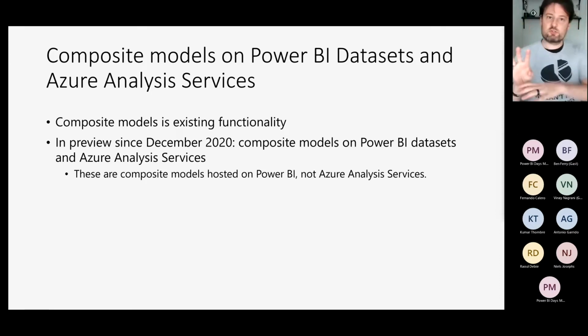You take data from one source, you add data from another source, you relate them together. That's where you create magic and actual insight, which you couldn't get from either source. But only when you get them together, you have a composite, you have more value. That's where you created a composite model. And you could have done that already. However, the moment you connect it to a Power BI dataset or Azure Analysis Services, you couldn't. You won't get a composite model.